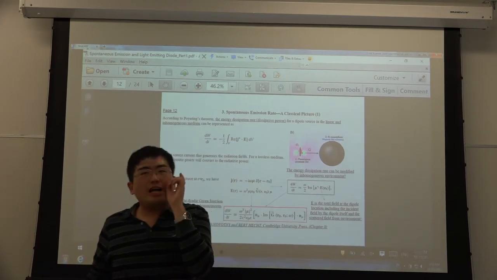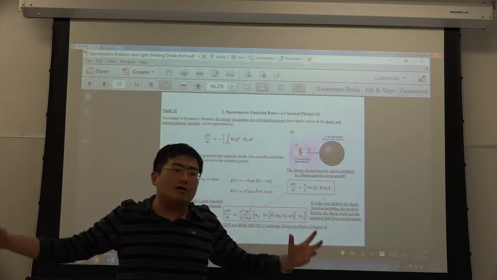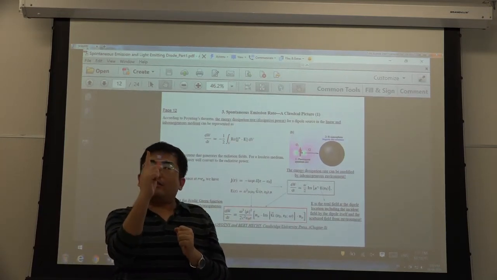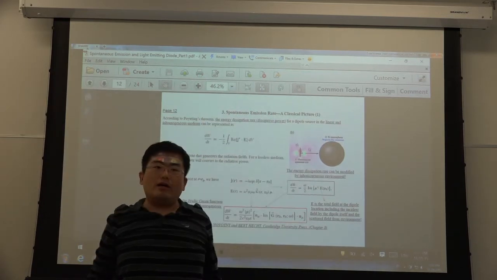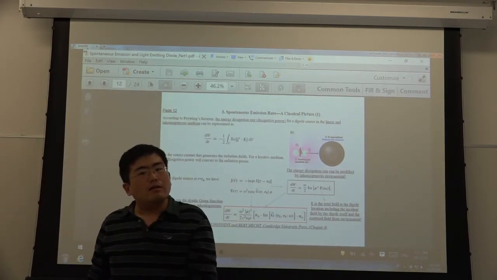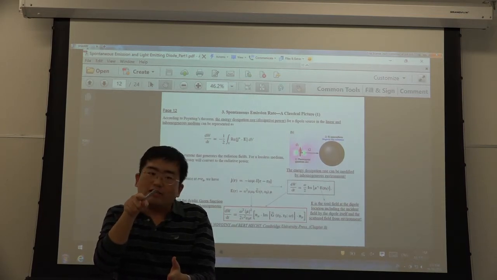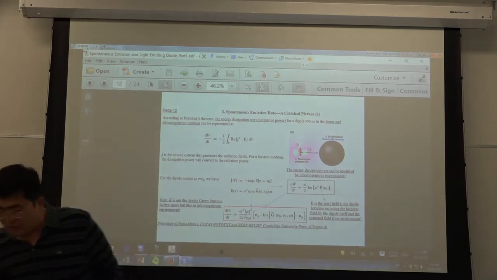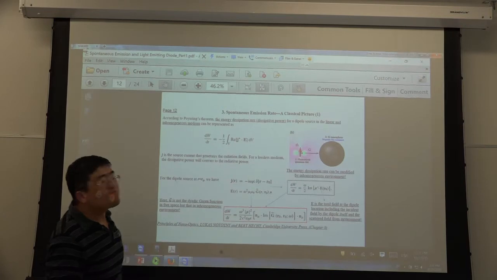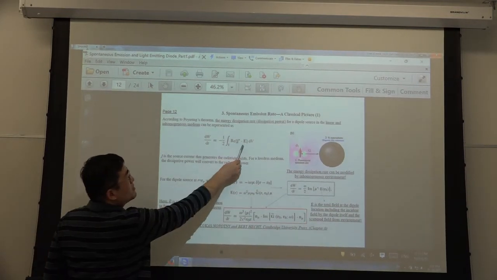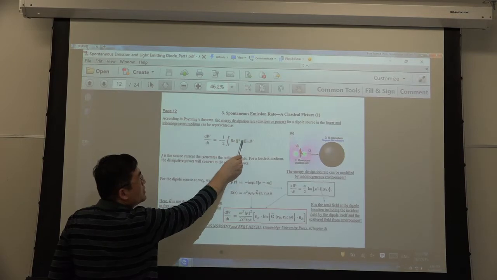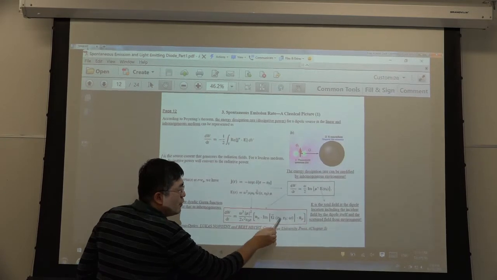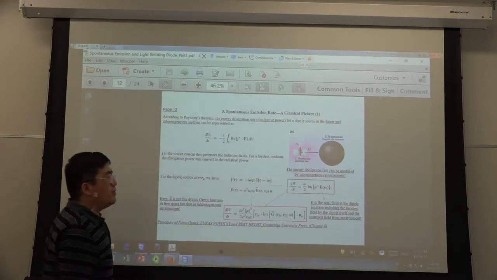So that you can change the field at this location. This is very important. If you change the environment, you can change the emission power. This is the reason for the Yagi-Uda antenna. This is a dipole in free space. It emits everywhere, and the emission power is low. I put a PEC because the field at this point changes. Because it's reflected back and goes here, it changes the field at this point. So in this equation, just here, this is very important because J is a delta function, so only the E field at this point contributes. So this is the reason why the source point and the field point overlap.